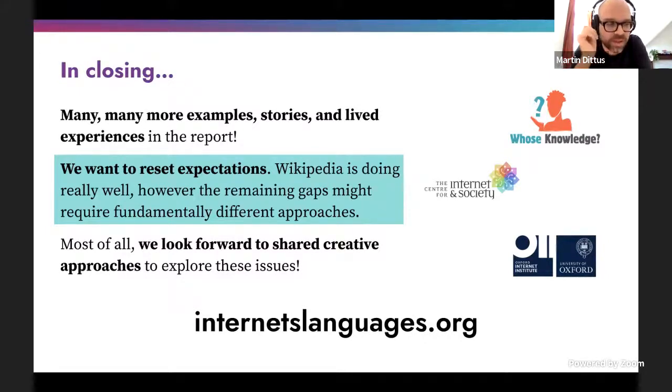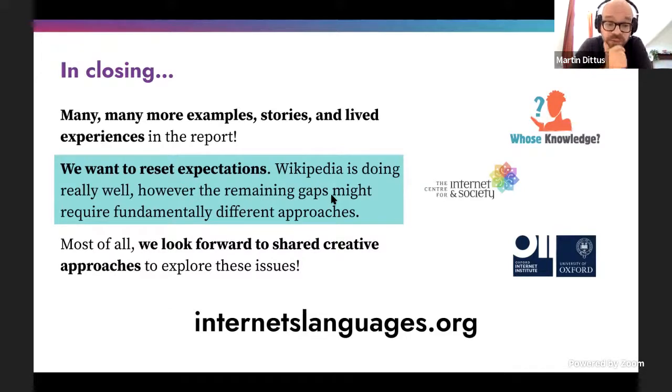But in summary, we want to say these are all complex issues, and it's impossible to make general statements about the world, and it's also really hard to quantify all those things properly. But we certainly see many indicators of inequalities and imbalance, and some of them are part of what the world is, general justice issues that we might want to attack. But some of them are specifically about how we structure our projects.